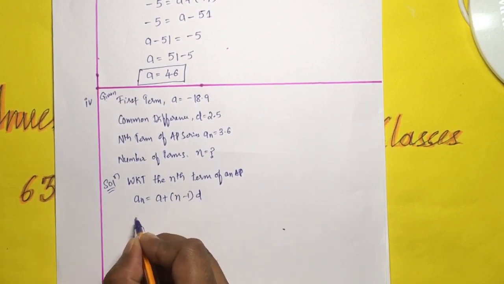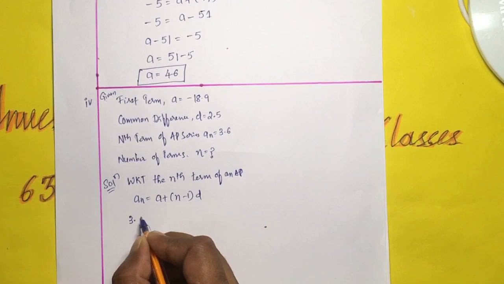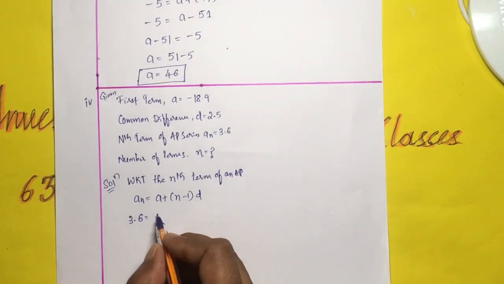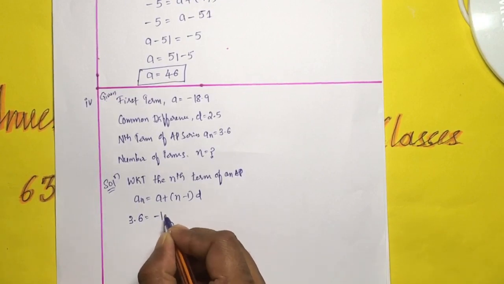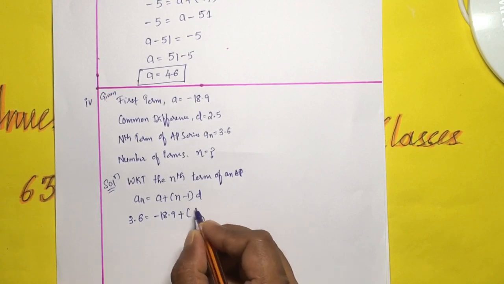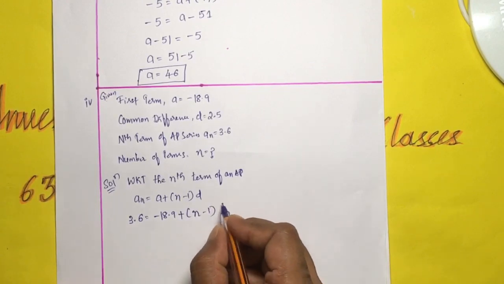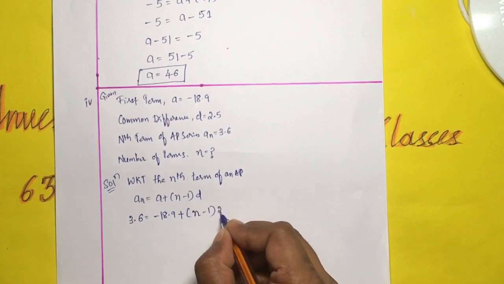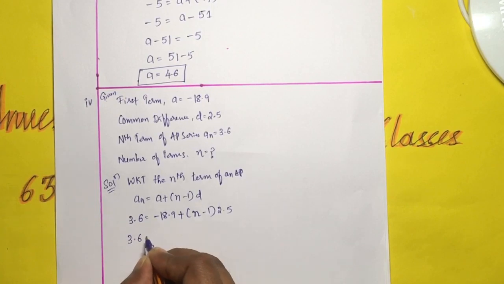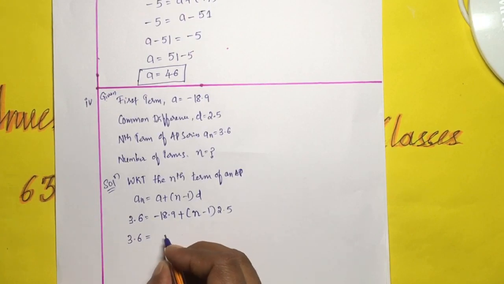What is an? an is 3.6. a is minus 18.9 plus n we have to calculate, whereas d is 2.5. So 3.6 is equal to,